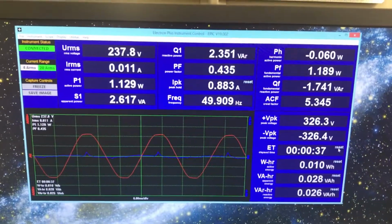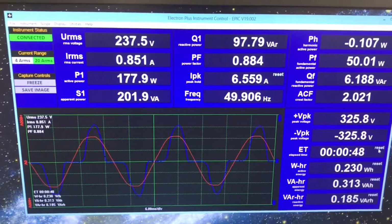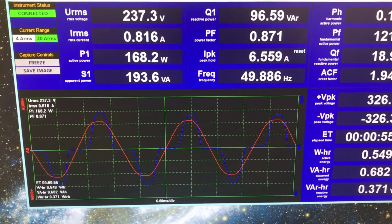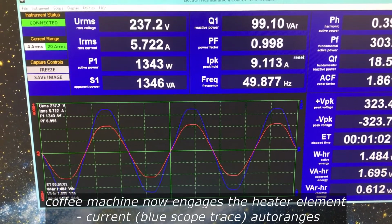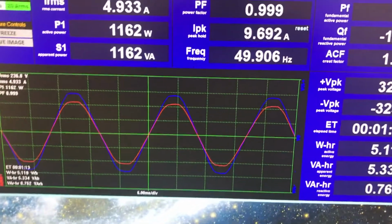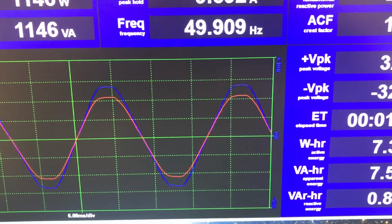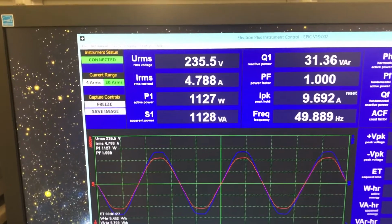So what I'm now going to do is press the grind button. You can see there on the blue trace is the current. You can see the auto scaling happening as well. So basically this is the current scale, and on the left hand side is the voltage scale. Whilst this is brewing, which might be a little bit boring, I'll show you a few more of the features